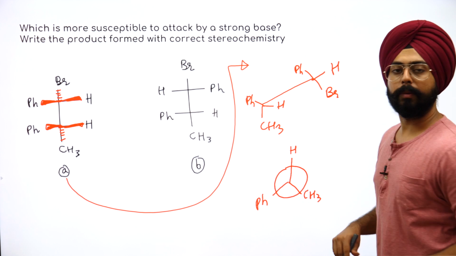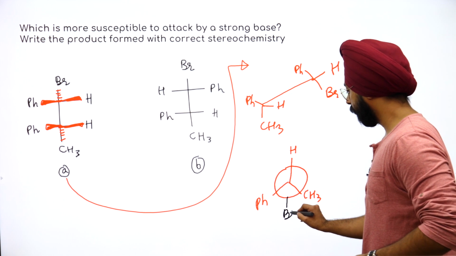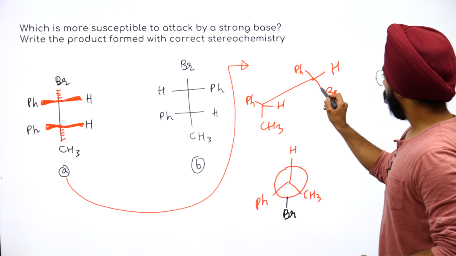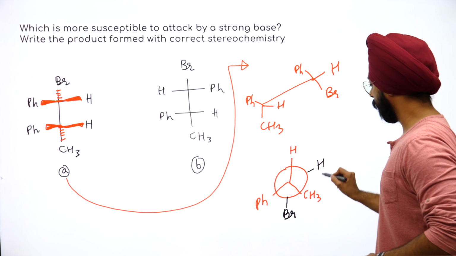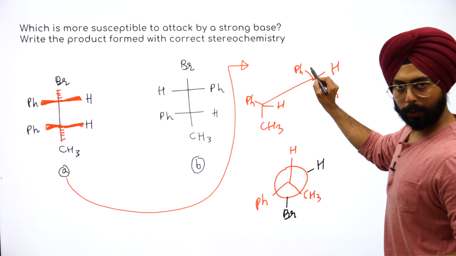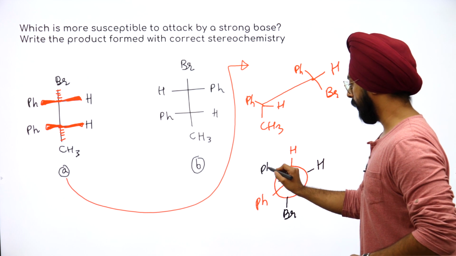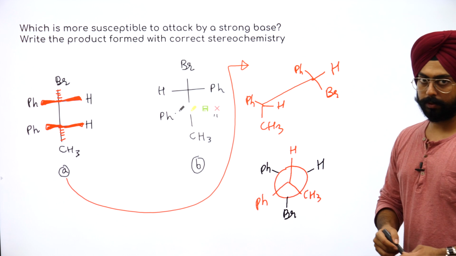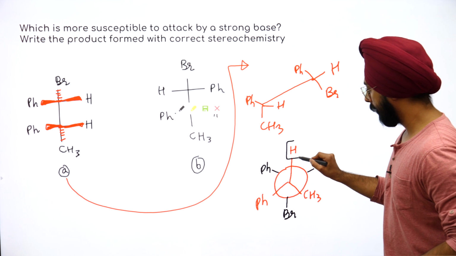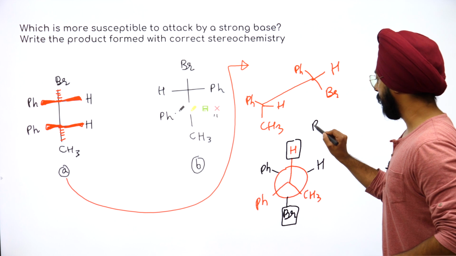Let's make the back carbon now. Back carbon पे I need to keep bromine over here. Okay, let's keep that. Towards the anti-clockwise side of bromine there is hydrogen. Anti-clockwise to hydrogen there is a phenyl group, a benzene ring. That is the Ph. Now people, this hydrogen and this bromine can leave by the attack of a base.